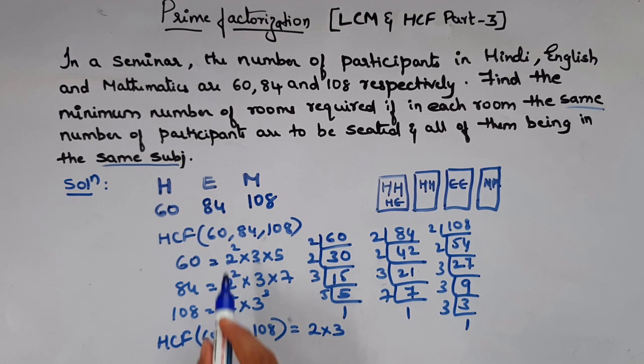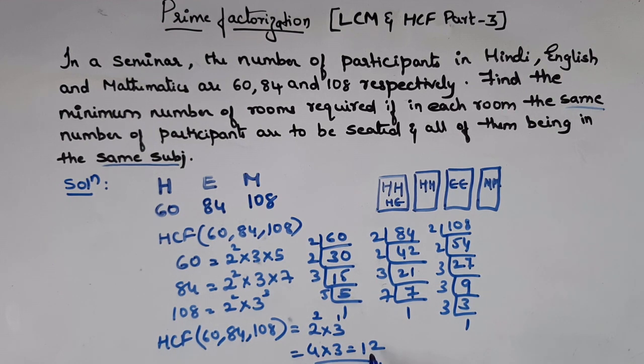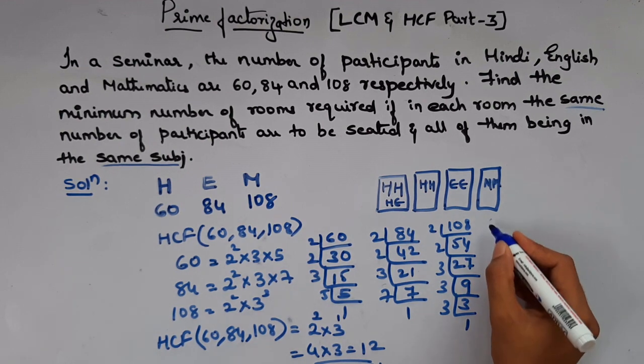So in this, 2 squared is the least power, right? In case of 3, 1 is the least power, right? So 2 2s are 4, into 3, 4 3s are 12. The number of participants in each room is 12, that is you can place 12 students in each room. So now we want the minimum number of rooms required to place 12 students in each room. So that is given by,